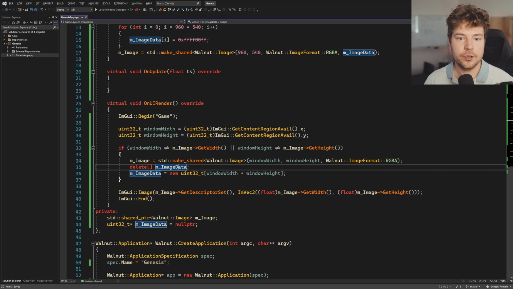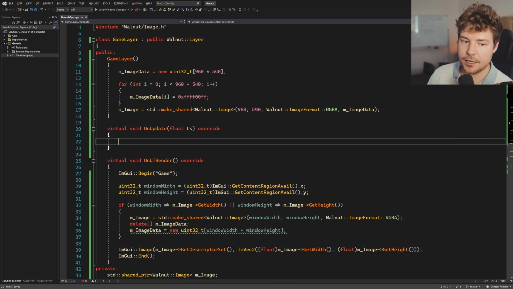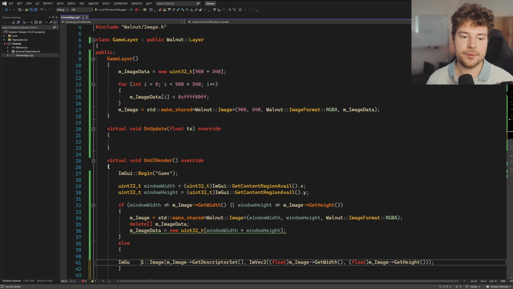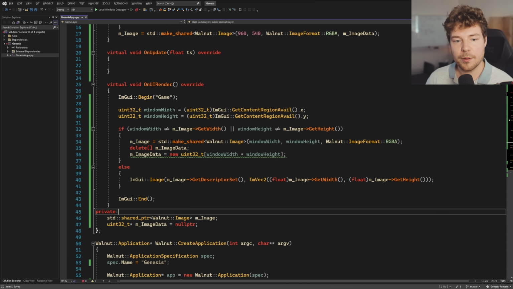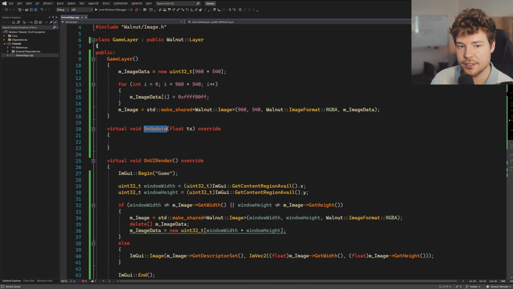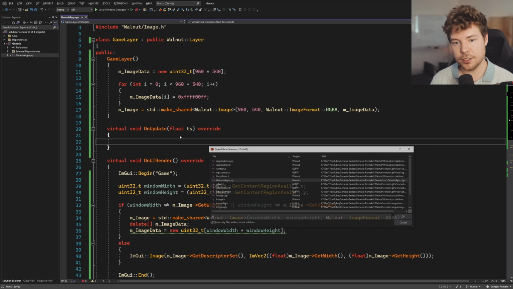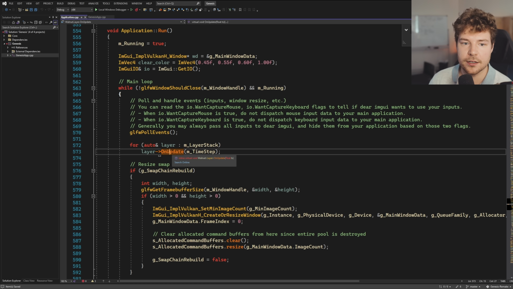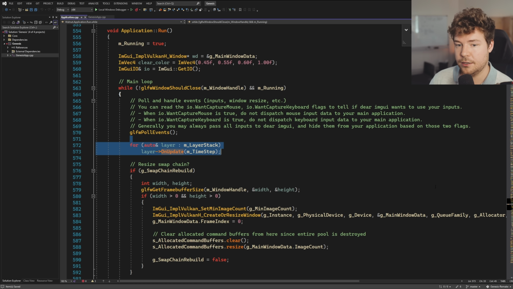Okay, and then we should be setting the data every frame, really. So maybe before we do this, or actually it will technically be done in update. Maybe we should even have an else, so we skip that frame, or is that going to be weird? The problem is that we react to the resize here, but then we probably will want to set the data inside our update. Not that it really matters. If you were to look at application, just to see where this stuff's called, you can see this is called here as the first thing in the entire frame, because here's the while loop. We call this here, but then on UI render is probably called in the dock space